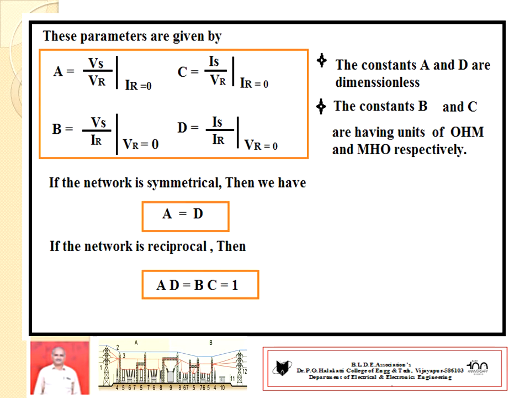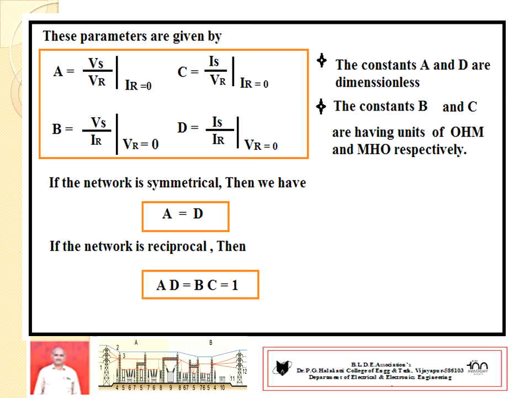So here you can see that the important parameters already we defined, A, B, C, D. These are generalized circuit constants. That means we are expressing Vs in terms of Vr and Ir. Similarly, we are expressing Is, sending end current, in terms of circuit parameters as well as Vr and Ir. So these are A and D.